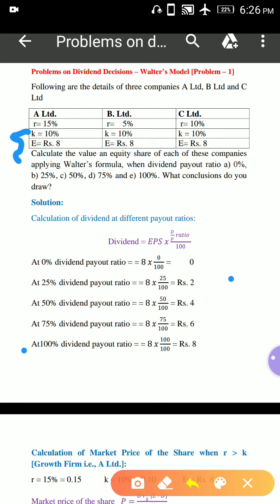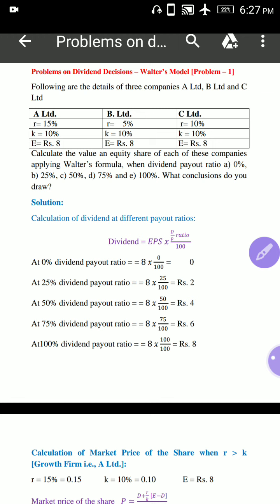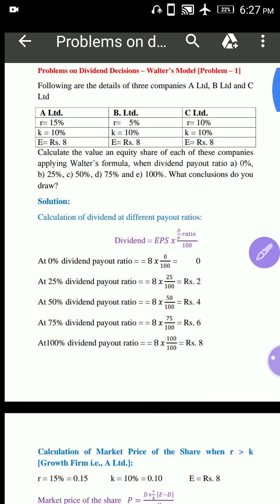Now we have to calculate the market price of the share, or value of an equity share, of these three companies applying Walter's formula at different dividend payout ratios. So here the different dividend payout ratios are 0%, 25%, 50%, 75% and 100%. And what conclusion do you draw? That is the question. Okay. Now coming to the solution,